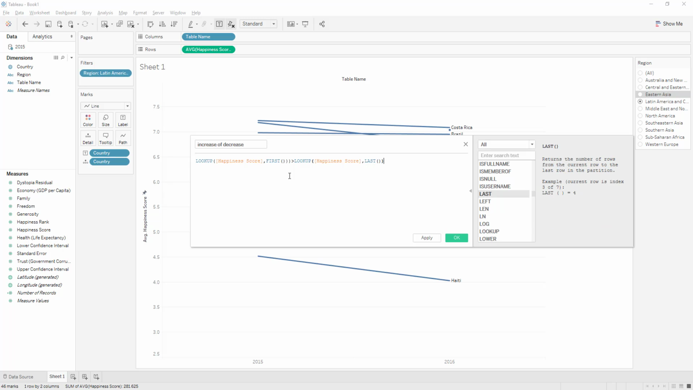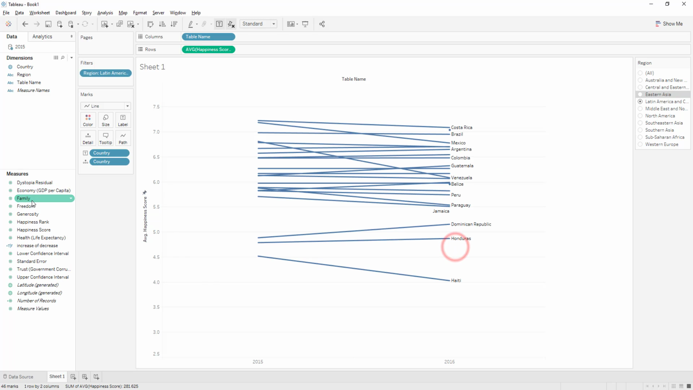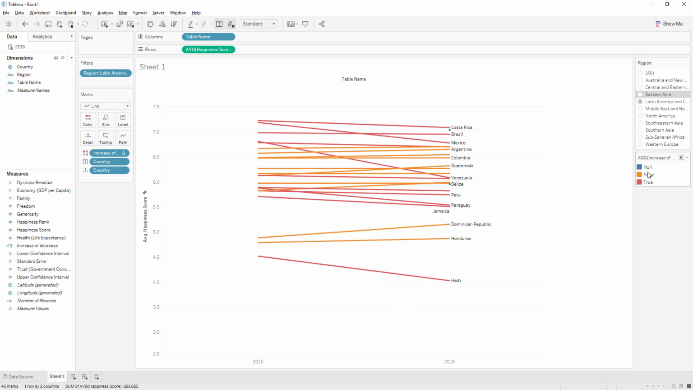value. So since there are only two values, we can use the offset. In fact, we'll have to do a sum over here to aggregate it, because with table calculations you have to use an aggregate. Okay, so this is a Boolean function which is looking at increase or decrease, and we bring it to color. And now we can see that countries which have increased their